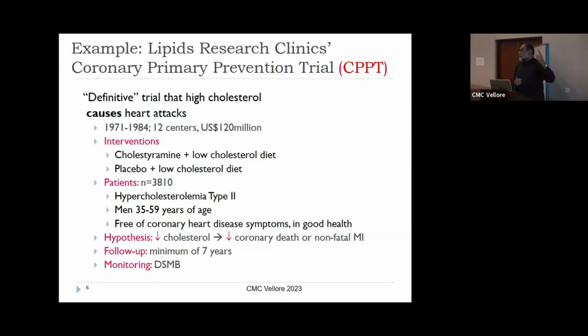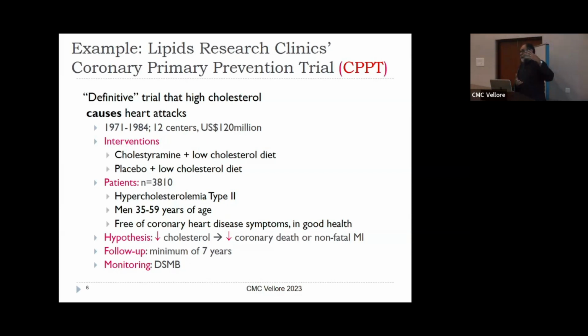And they gave people a low cholesterol diet as well. Why? Because there was enough evidence that low cholesterol is a good thing. It was unethical to do placebo alone. So the control arm was placebo sawdust. Imagine how horrible it was. The sawdust